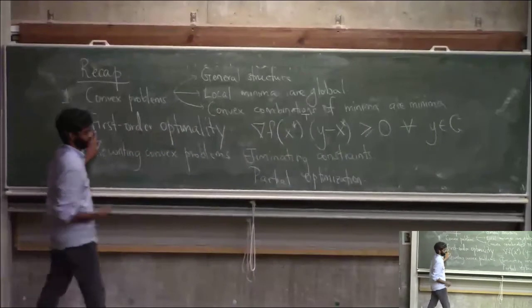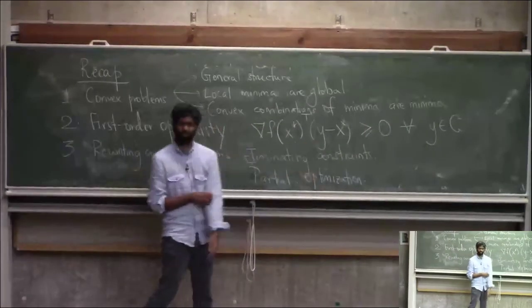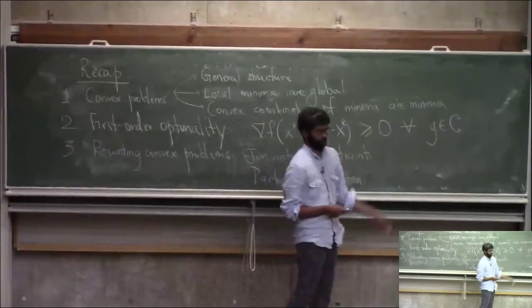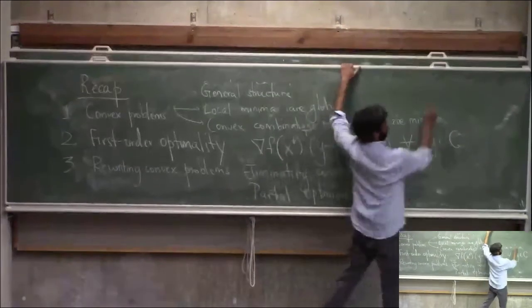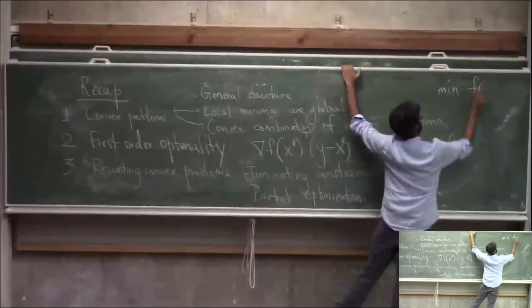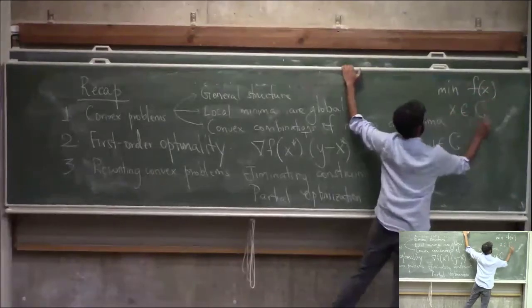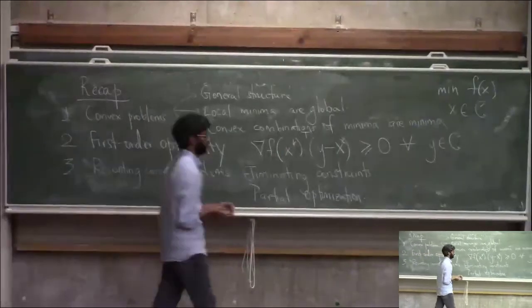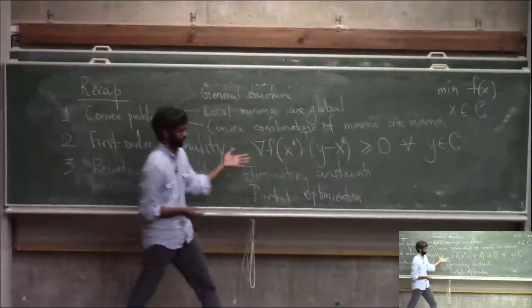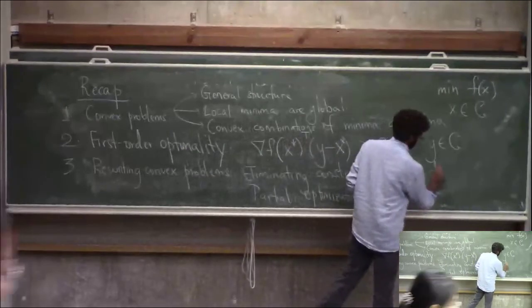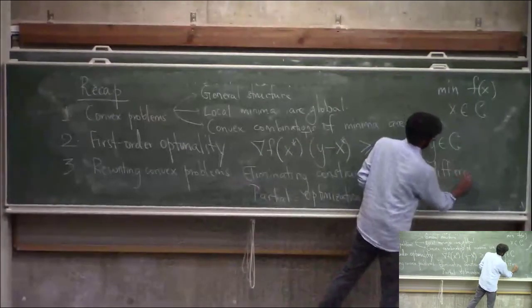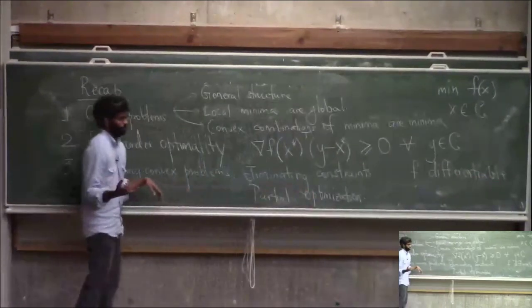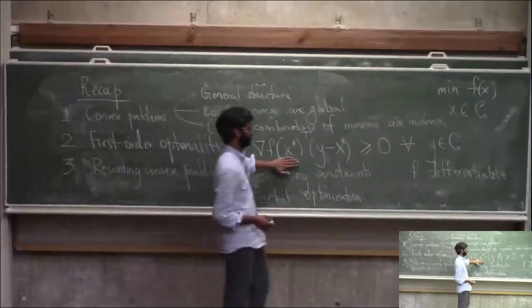Perhaps the most important thing, in my opinion, that you covered was this first order optimality condition. What it says is that a point x star is optimal for a convex program. So you're thinking of a program of the form minimize some function f of x subject to x being in some set C. And you want to say, here's an x star, I want to know if this thing is optimal or not. There's a first order certificate of it. So if f is differentiable, then it must be the case that the negative gradient points away from every point in the